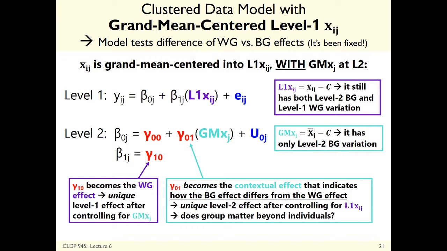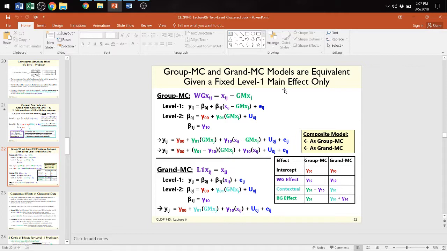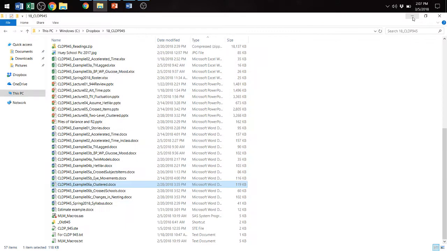What's the effect of living in a country that has this characteristic in general after controlling for your version of the characteristic? Those are the kinds of questions that contextual effects allow you to answer. It's still the case that if we take level 1 and add in the contextual, we get back to between. So you get either one using an estimate statement that you want. So this is all literally the exact same lecture we did like 2 weeks ago, just with IJ instead of TI. The trick is recognizing the same issues in a different context.